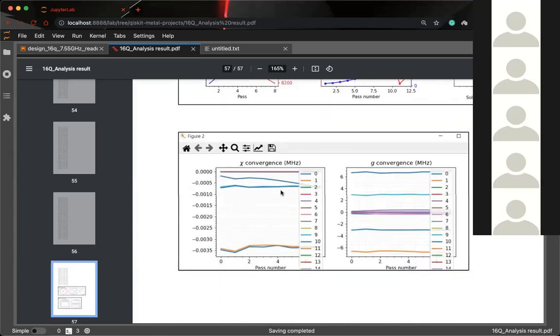And this is one more important graph, which is the chi convergence. So chi, if you remember, is from the Zlatko slides we were discussing: when we do the readout for a particular qubit, this chi value is the thing which shifts the frequency. If the qubit is in state 0, the resonator will give maximum transmission at some particular frequency WC, and if the transmon is in state 1, it will give the maximum transmission at WC minus chi.